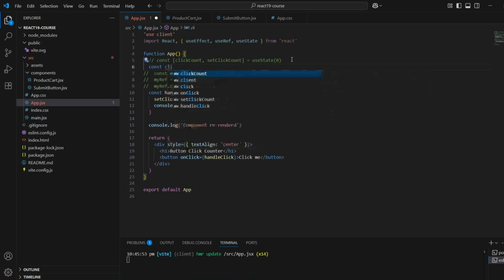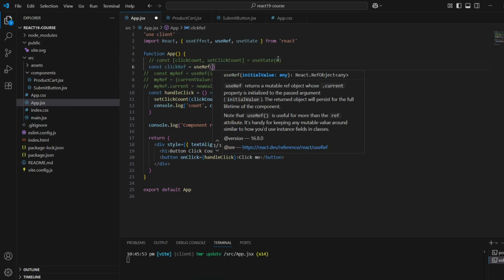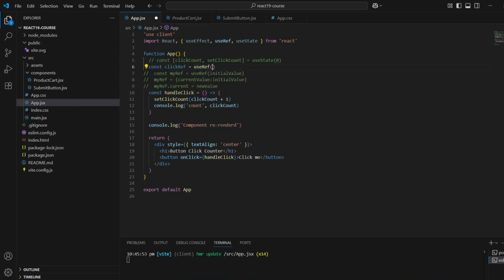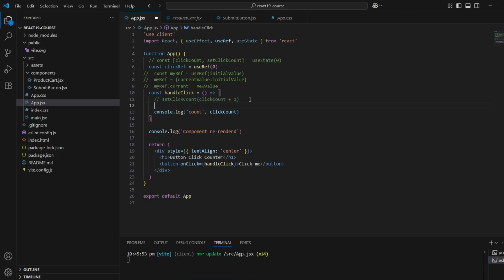For now I'll keep it as it is for click, so I'll name it clickRef equal to useRef, and the default value, the initial value we gave 0 here, so I'll also give 0 here. Now I have this clickRef. On button click I'm calling handle click, right? So instead of setting the state value with set click count, I'll comment it out. Now I'll update this ref value.